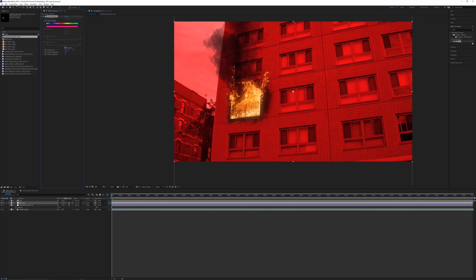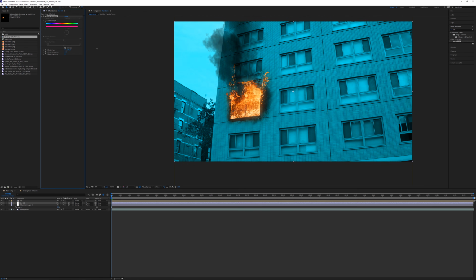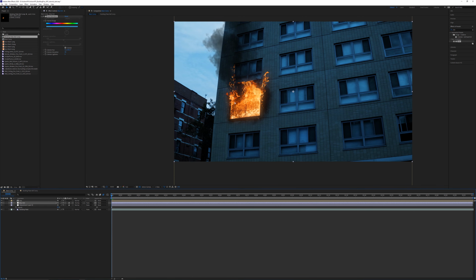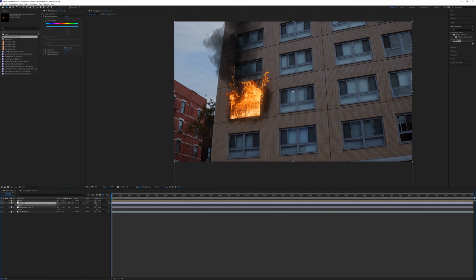I think it's the easiest way to cycle through colors. And we want to do something that's blue. And then the color saturation, we can pull that way down to something maybe like 50%. And then on our blending mode, we can set this to overlay. Kind of darkens down everything again. Click T, and then we can just do something like 40% or something like that.